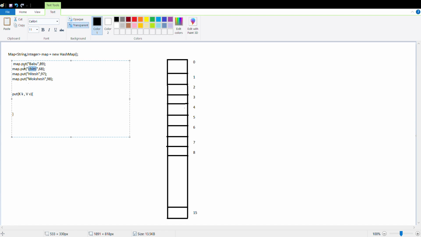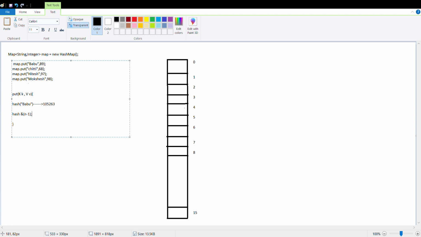Whenever I invoke put on the map object, it will calculate the hash of the given key, the hash of Babu. Let's say the hash of Babu is some number. Based on this hash value, it will calculate the index of the particular key, where n is the capacity of the HashMap.